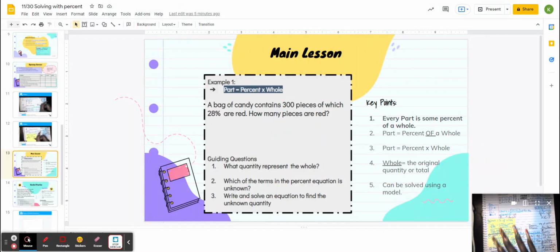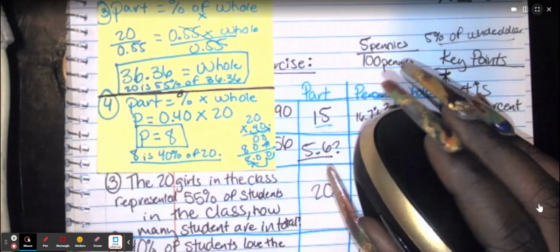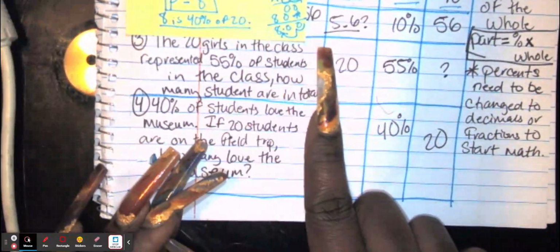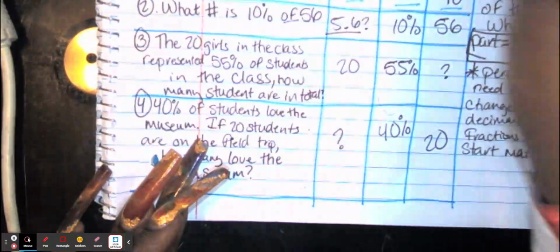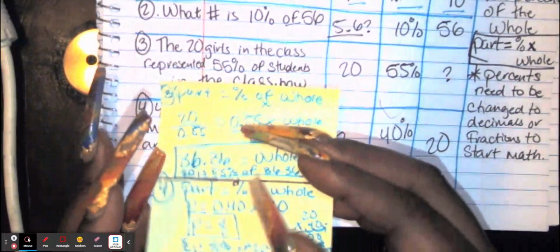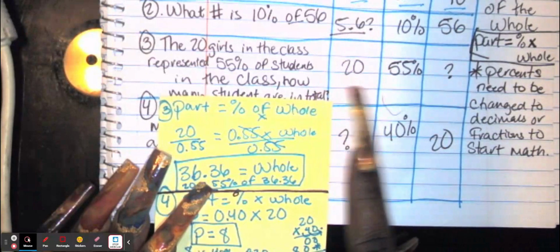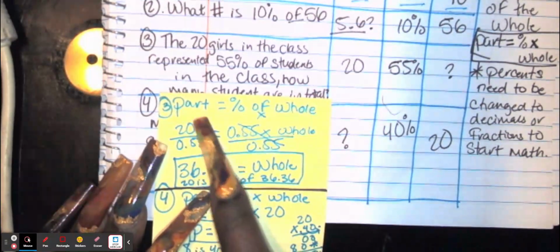All right, guys. So we left off at us taking a look at the last two situations. Number three says 20 girls in the class represented 55% of students in the class. How many students are there in total? So here I use my part equals percent over whole because we already identified those. So here 20 is my part,